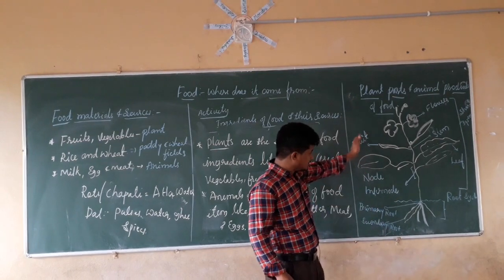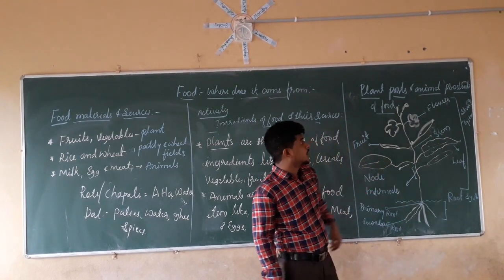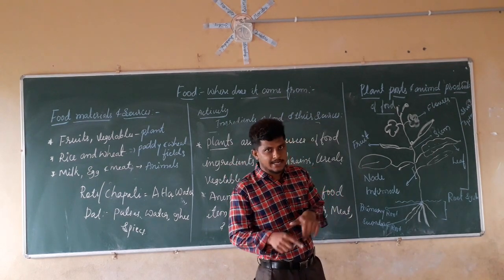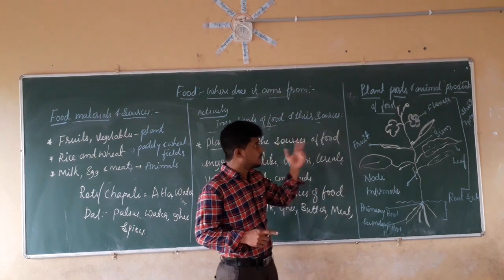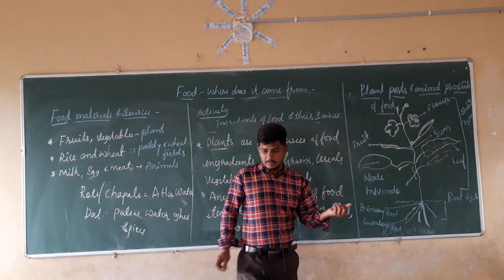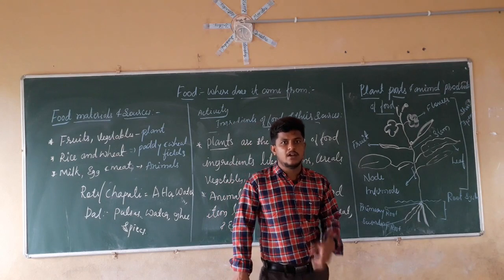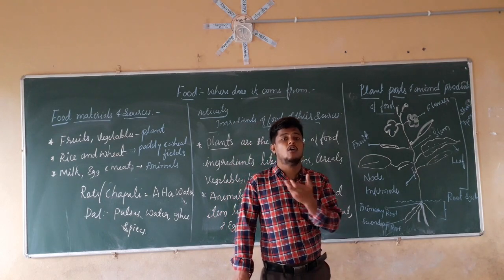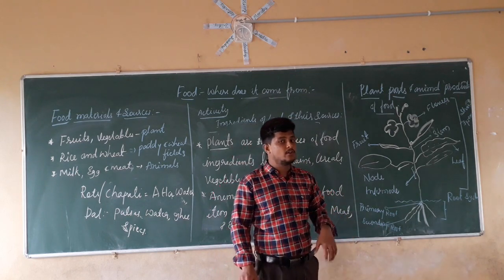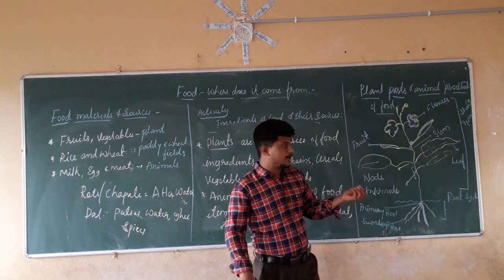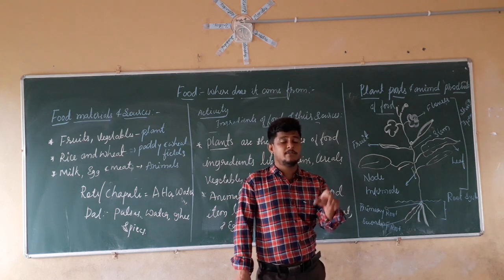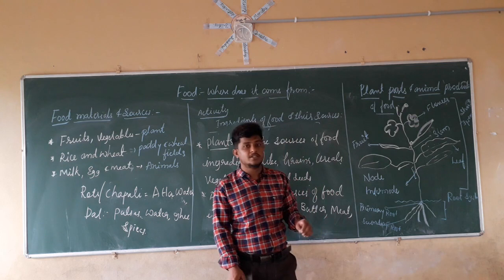Now from all these sources of plants, which parts of the plants are we going to use for making the food ingredients or food items? We have to discuss those things. We already know about animal products. For example, to make a chicken curry, we use the meat of the animal. To make an egg curry, which product do we use? Egg. To make ghee or curd, which product of animal do we use? We use milk.